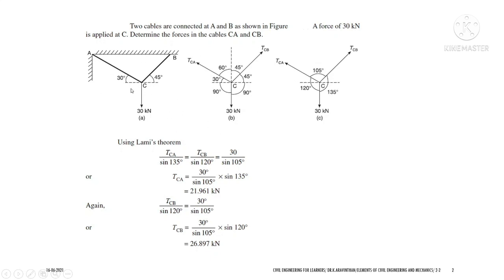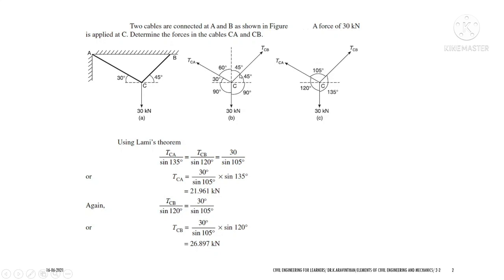In order to find the amount of force acting, we have already learned the concept of Lami's theorem. So let us draw the free body diagram here. What are the forces acting here? At point C, there is one force of 30 kilonewton downward, and there are two ropes which are hung. Each rope is taken as a tensile force. If you pull the rope downward, it gets tensioned. So you have two tensile forces, that is TCA, starting at C and ending at A, which is indicated in the suffix, and also C to B, so TCB. These are the two forces.